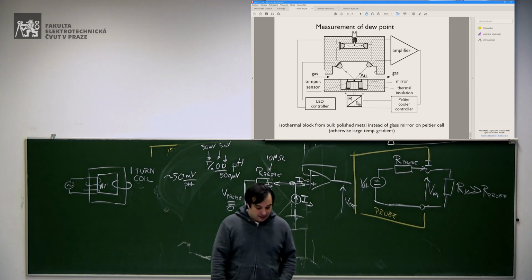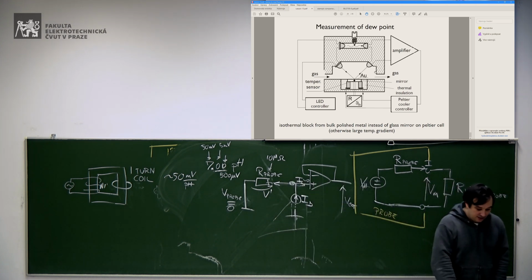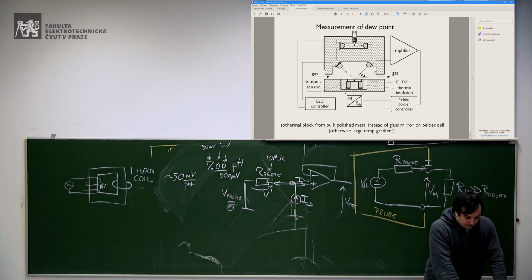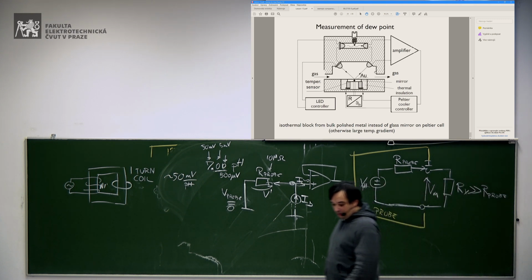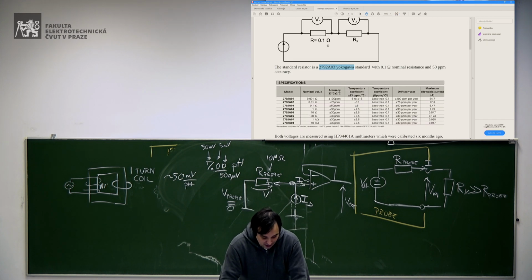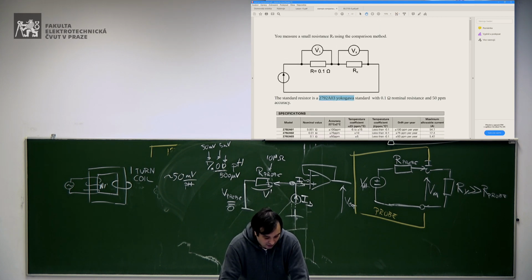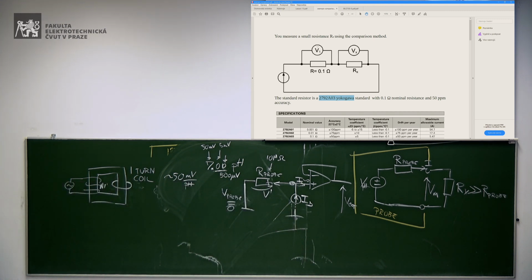Fine. Now, it's over for this lecture. I still have 50 minutes, so I'm not sure I will be able to make this example, but I will try anyway, and if nobody comes here to kick me out, I will just make the example, okay? And we can see some numerical example.